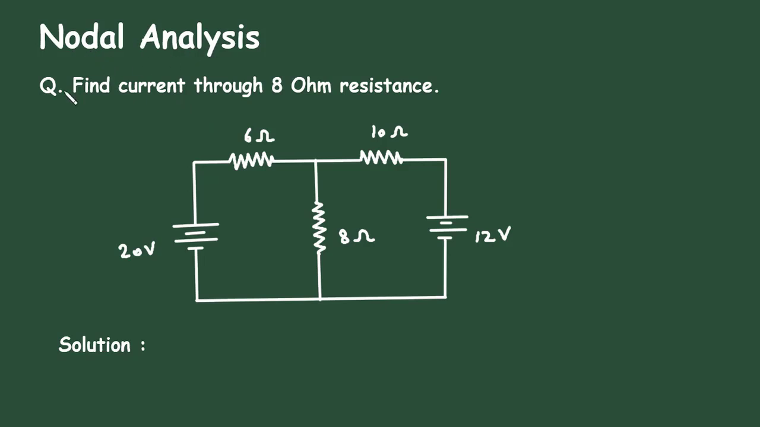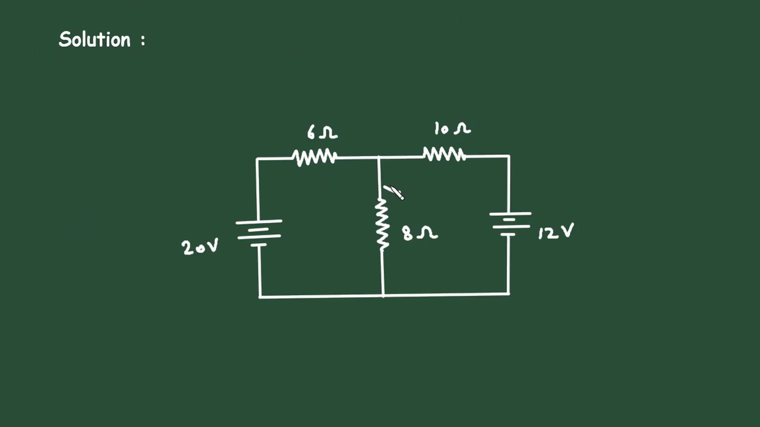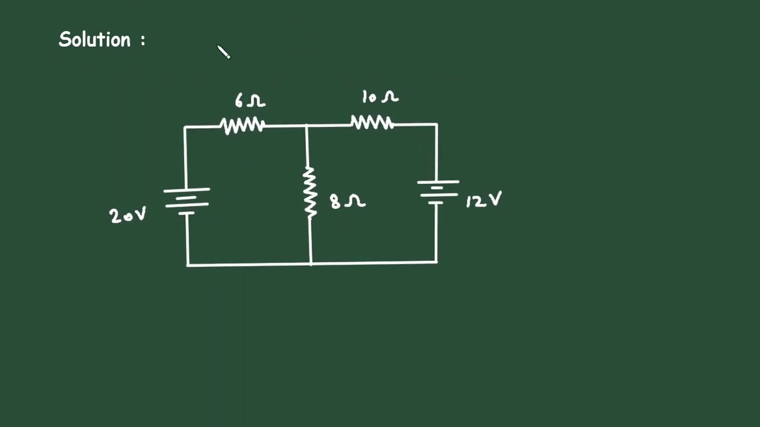Nodal analysis. Question: find current through 8 ohm resistance. Here in this circuit, we have to find the current through this 8 ohm resistor by using nodal analysis. Solution: let's say this is node 1 with voltage V1, and let's say this is a reference node or ground